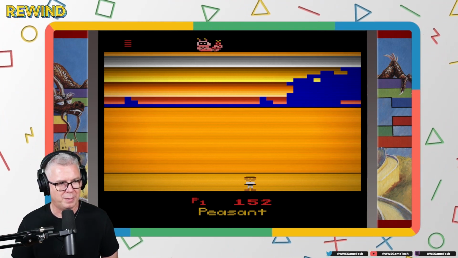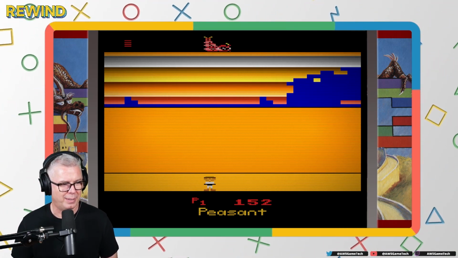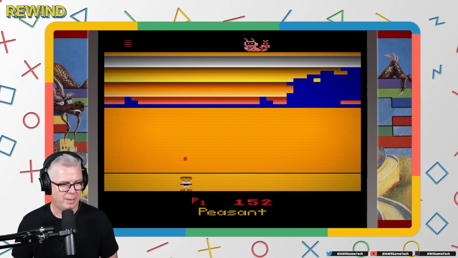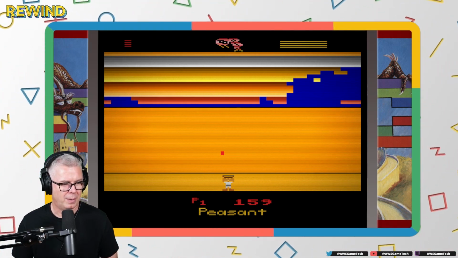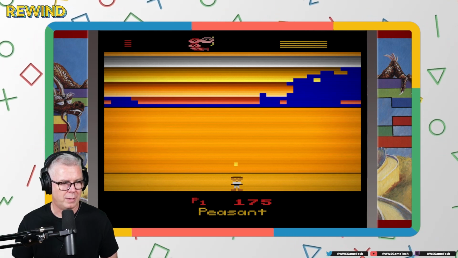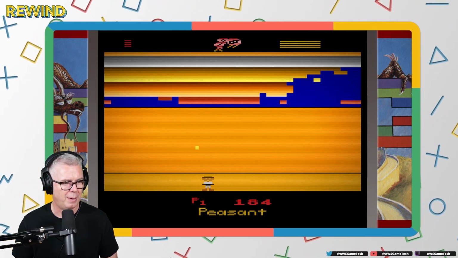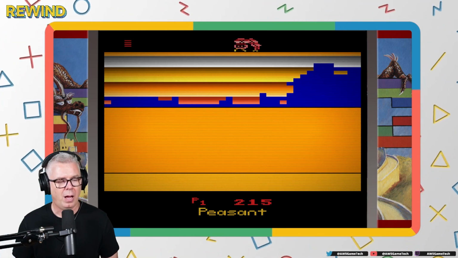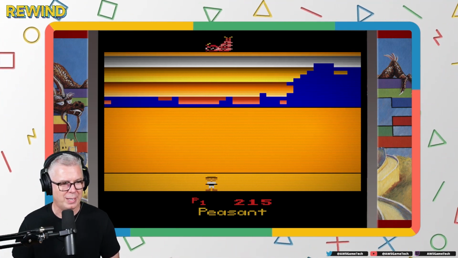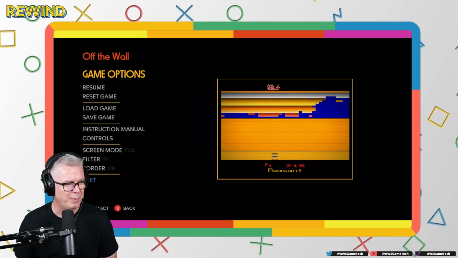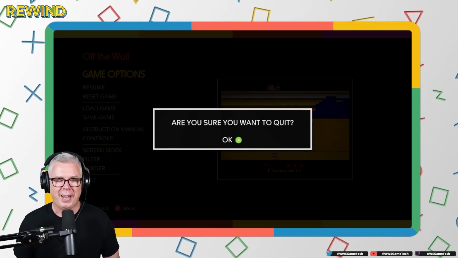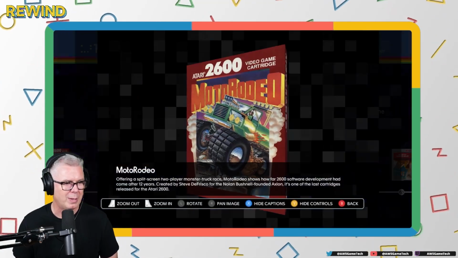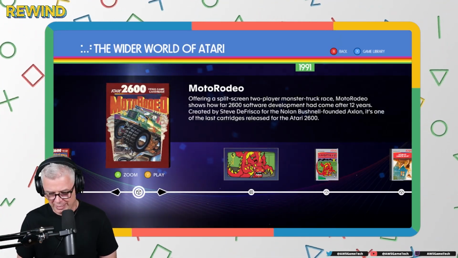Wow, that is tough to play without a paddle controller. That is for sure. Okay, and I think, okay, so this one's following me. Oh, look at that. Oh, that's what that was. That was a magnet. Oh, and I missed it too. Crazy. Okay. Cool little variant on the breakout type of game. All right. Let's just go ahead and get them all out of the way here.